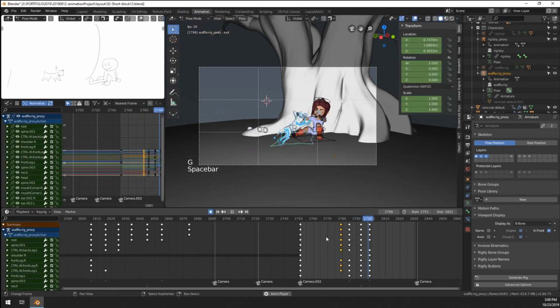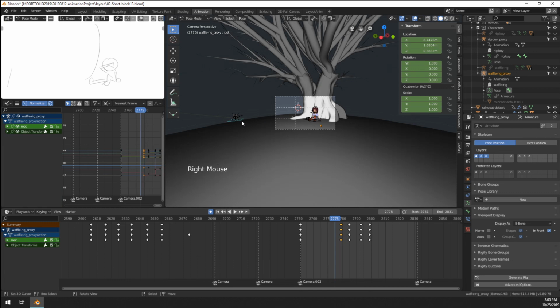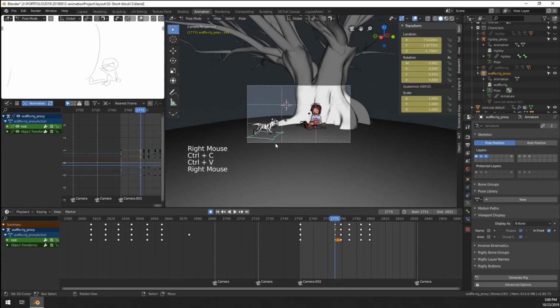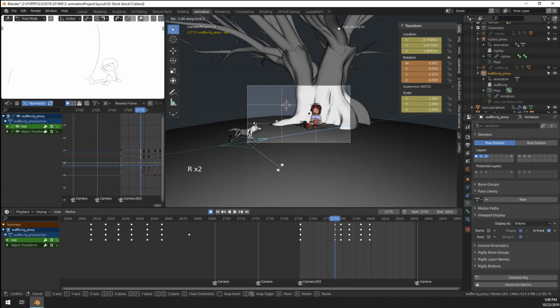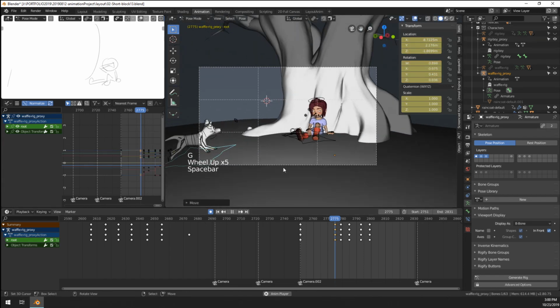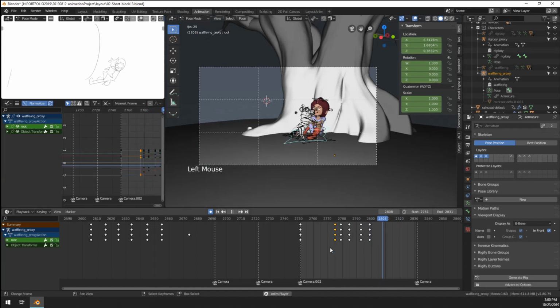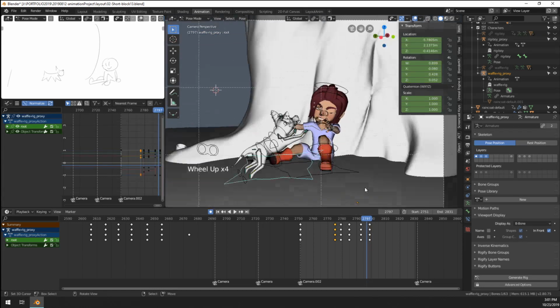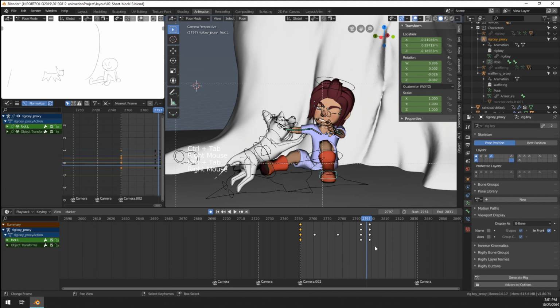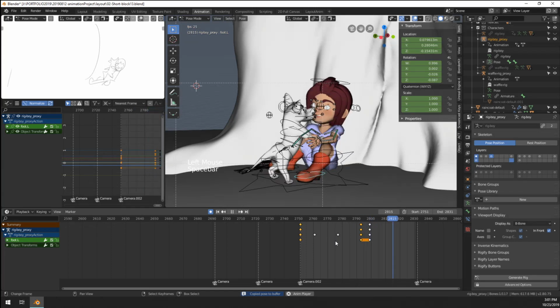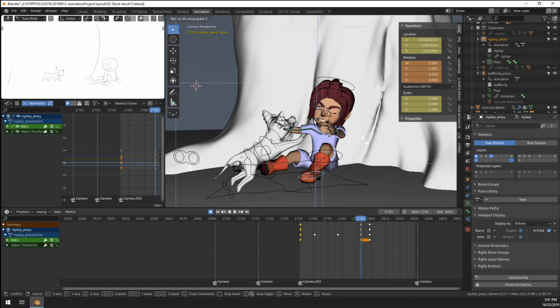So maybe we can have him here. Already kind of in frame. With not that much difference, so